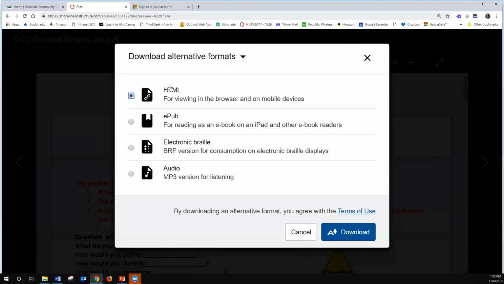So click this open. And for this particular document, they could download an HTML version, an EPUB version, electronic Braille version, or an audio version. And the EPUB and the HTML, some of those work better with different screen readers, and students will know which works better for them. But the really cool thing is, like the audio version, this can help for all kinds